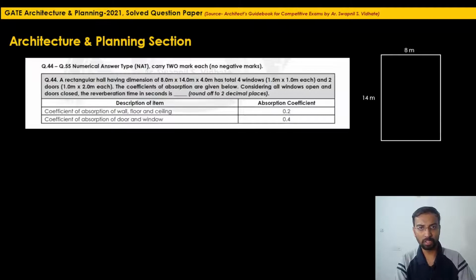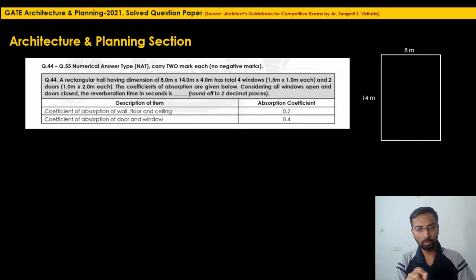So right now we have skipped those questions. I am just repeating that information so that there won't be any confusion about how, after 38, question 44 onwards have been explained here. So right now we will discuss the numerical answer type questions. Each question will carry 2 marks, and for numerical answer type questions there is no negative marking. Generally from 44 onwards there used to be numerical type questions, as you must have analyzed if you have gone through the earlier year papers.